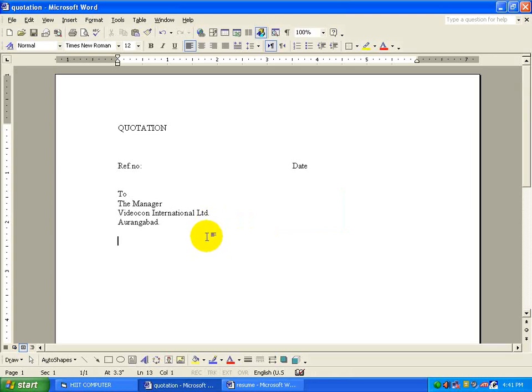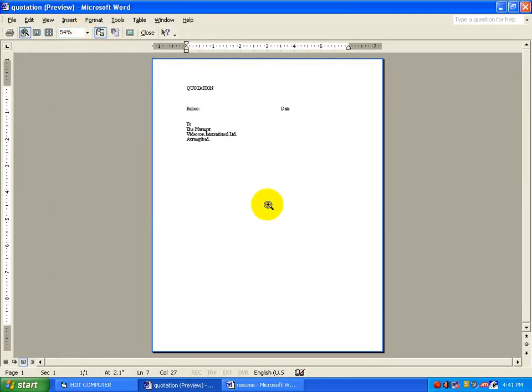Before printing, if you want to see the preview of a text, so just move to print preview button. Click the mouse button. You will get a preview in a miniature form so that you can easily have an idea to set the margins. All four sides margins, top, left, right and bottom.